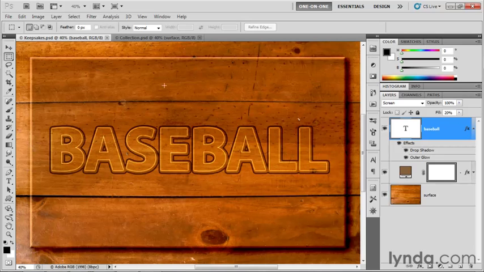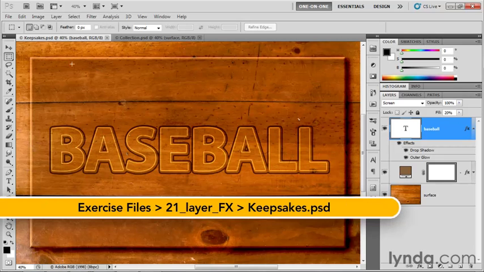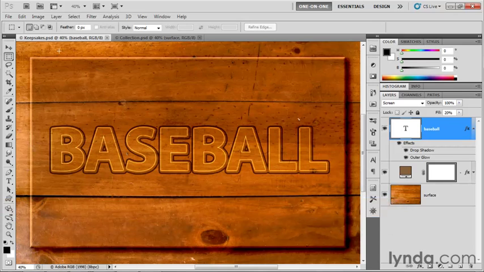I've saved the results from the previous exercise as keepsakes.psd found inside the 21-layer FX folder. In this exercise, I'm going to introduce you to the bevel and emboss effect, which has by far the most bells and whistles associated with it. And along the way, I'm going to show you how I crafted this lid layer right here, which is the